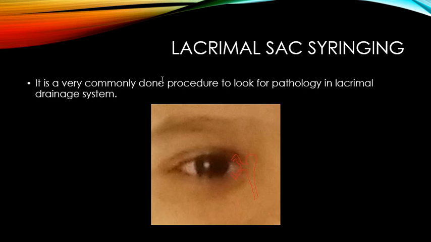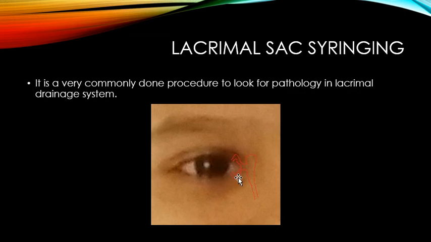So the lacrimal drainage involves, once the tears are produced from the accessory lacrimal glands as well as the main lacrimal gland, they are drained along the lid margin and through the upper and the lower punctum, which are present on the inner side of the eye. It goes through the lower canaliculus, first initially downwards, followed by